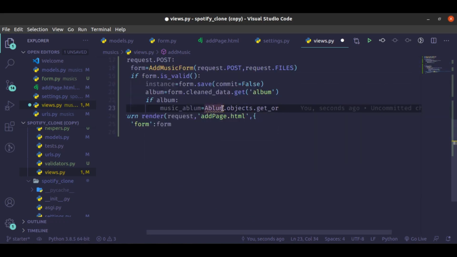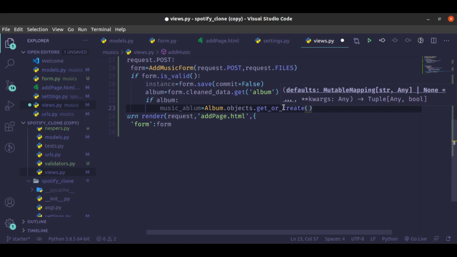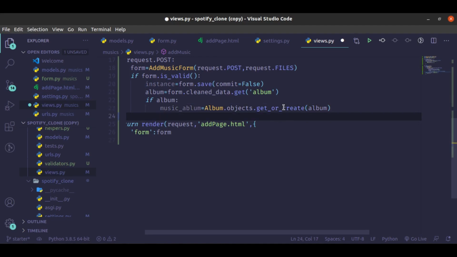Okay, Album.objects.get_or_create. Okay, so get_or_create is going to check whether the particular album instance exists already. If it doesn't exist, then it's going to create it. Okay, so here we pass in the album value that was provided inside the form. Okay, so now that we have a model instance of the album,